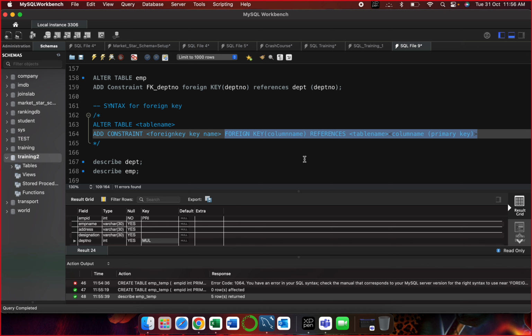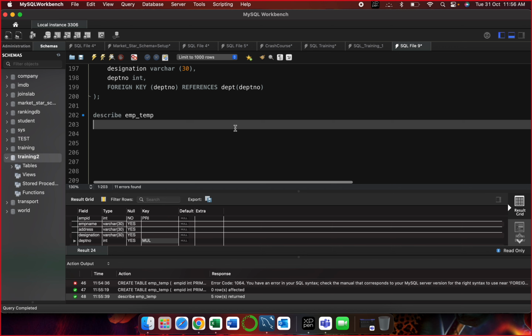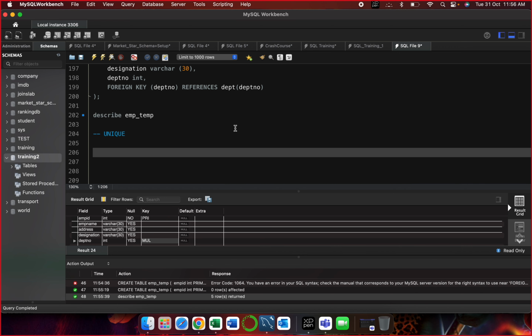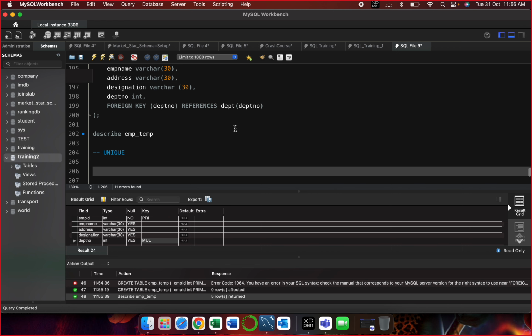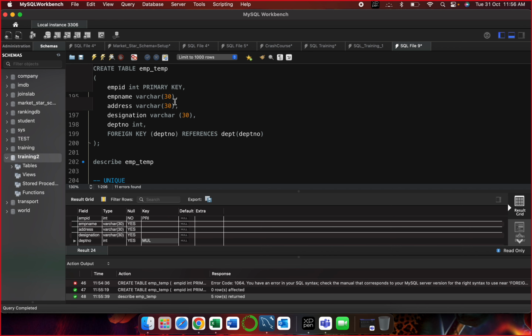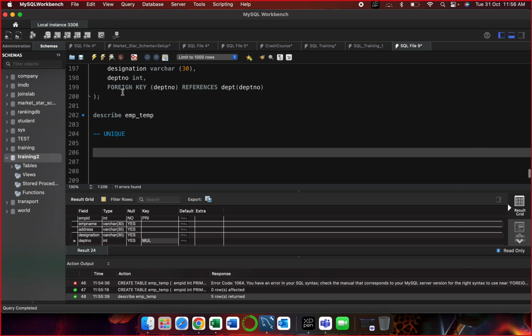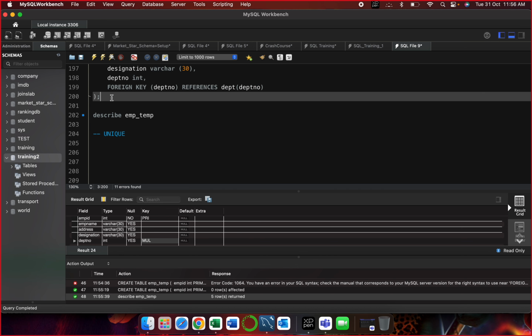I'll take it as no. I'll take it as yes, that it is clear. Now let's say unique. Now, let's say I want to make sure that I can have null values in my designation column. Fine. So what I can do is, while defining the table,